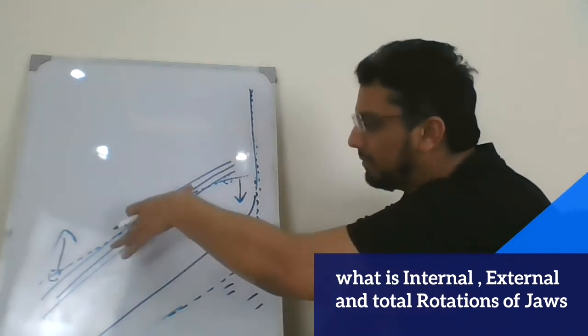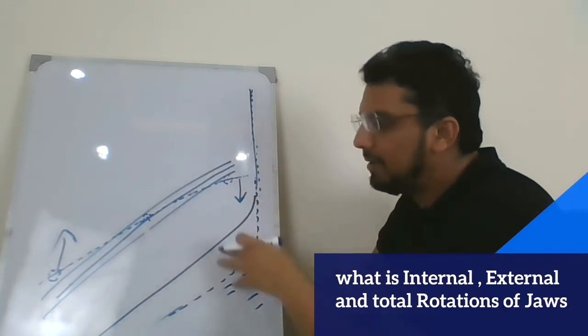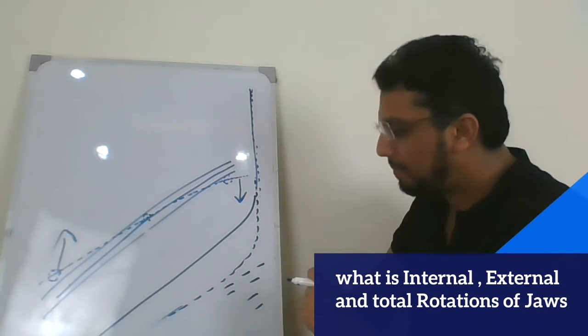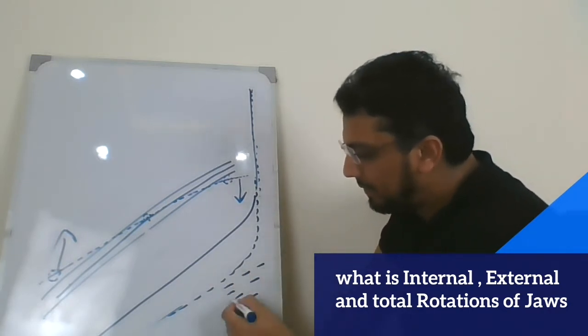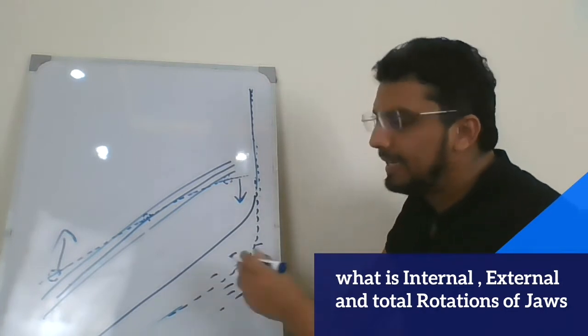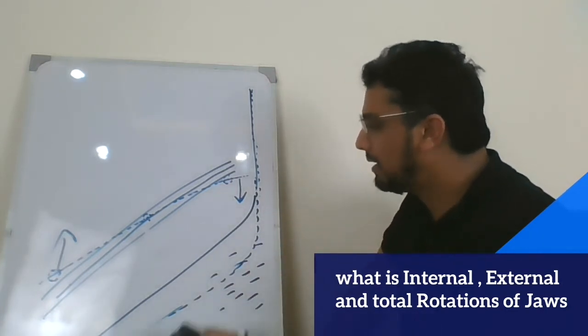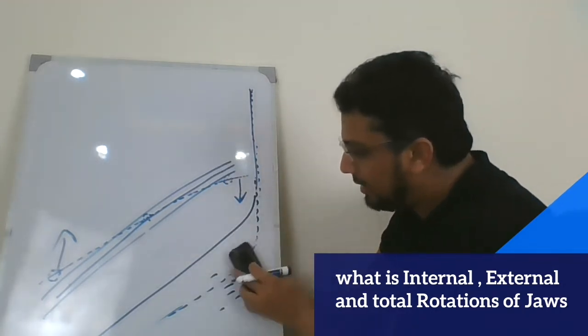Internal rotation that is occurring within the core of the mandible is moving this posterior part of the mandible downward and this anterior part upward. But due to the surface resorption in this area, this may cancel out this downward movement of the mandible, leading to a change